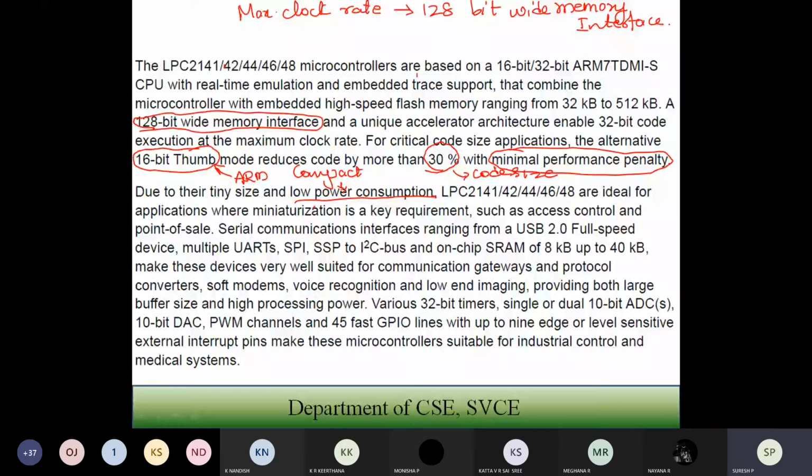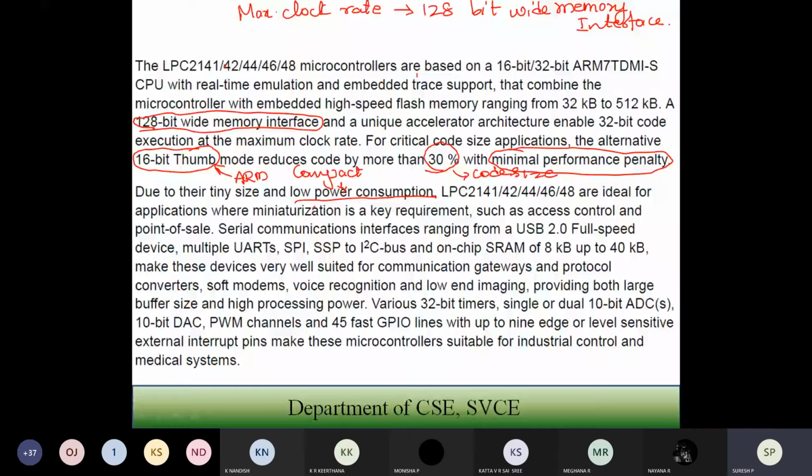When you are building an embedded product and compactness is required, wherever you can fit the application inside this microcontroller, you can use the LPC 2148. It can be used in access control, or in point of sale operations.